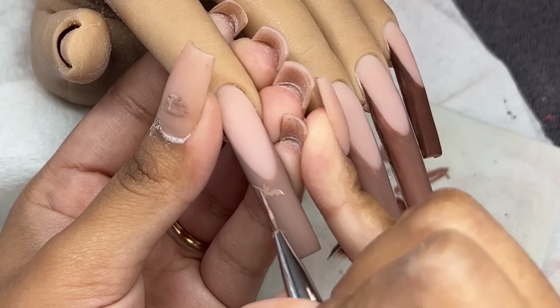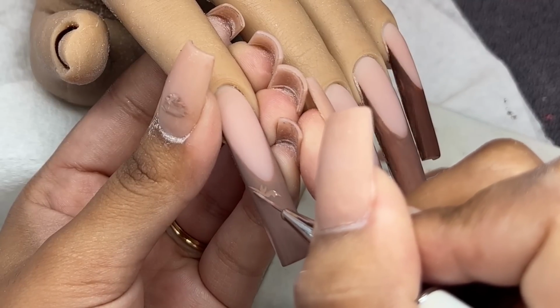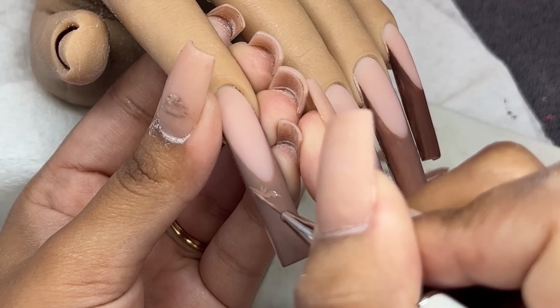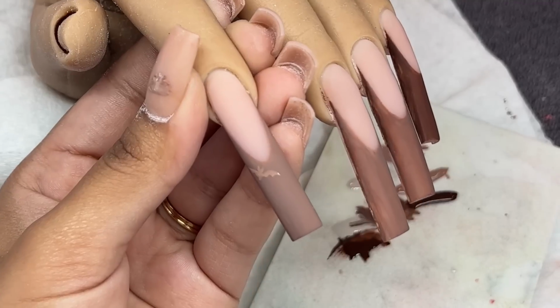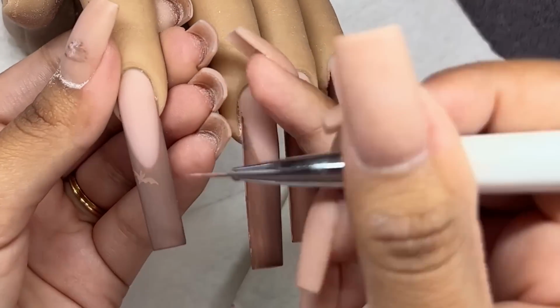So for the index finger, I decided to do little bats. I figured these would be super cute, and I wanted to do kind of different themes on each of the nails. So for the index finger, we're going to be doing bats. I'm doing this tiny one, and then I'm going to be doing a bigger one,